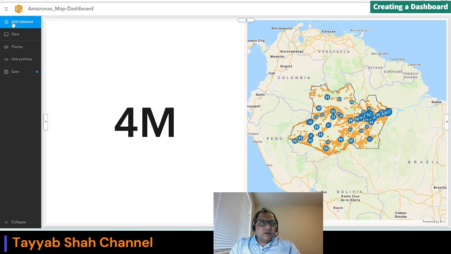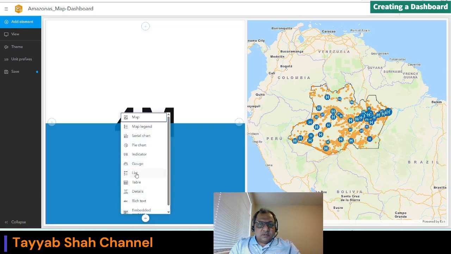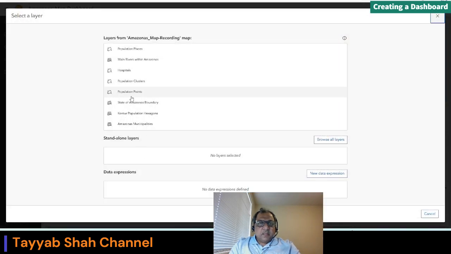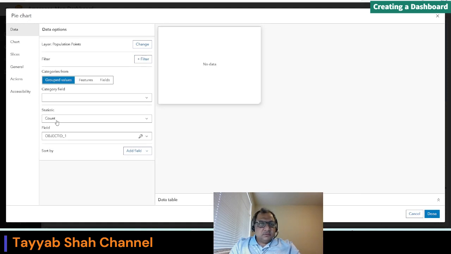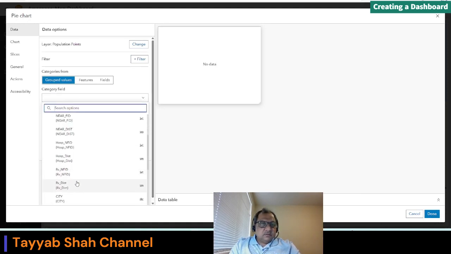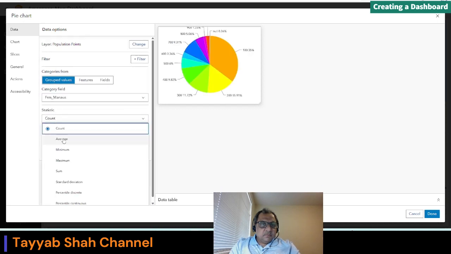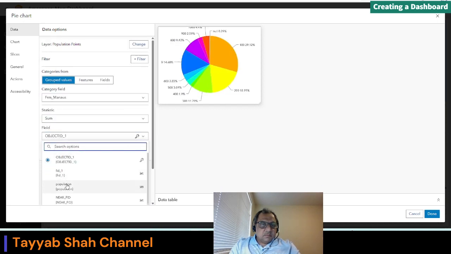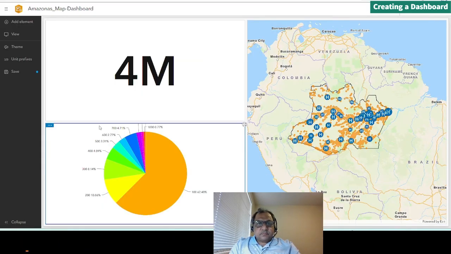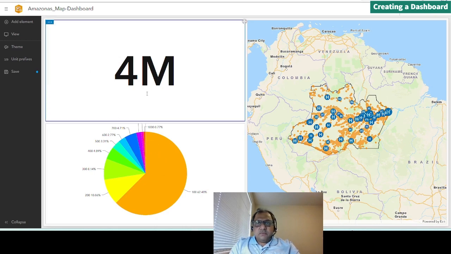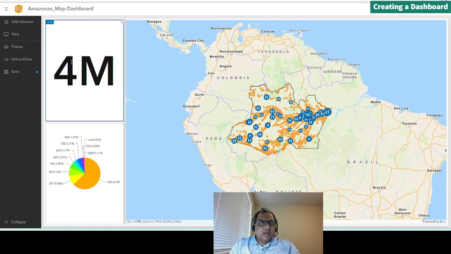And then you have other elements you can add. Let's suppose you want to add something here. We need to add a pie chart, and we can use some fields. So we can do some and then the population. Okay, so this is a way we can make a few things quickly, and we need to set the header